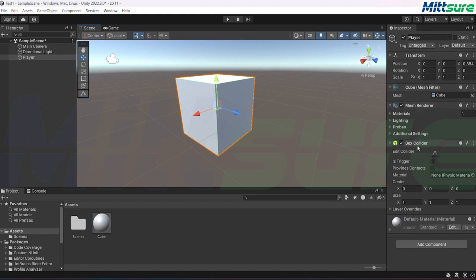So let's move on to the next component, the box collider. So this is our first physics property for the 3D object. Like every game has 3D objects, but how does that work with the engine? For that we have the physics engine. If our physics engine doesn't work, the game would be stagnant. So the box collider is one of the most important and the first collider that we would be going over. As of right now, we don't have anything on our scene for our box to collide with, but